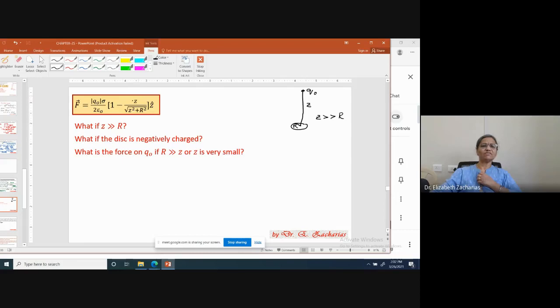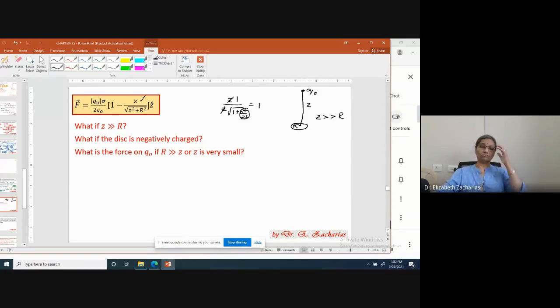Therefore, here itself you can see it will quite simply come that when z becomes much, much greater than R, I will take z out, and then under root of 1 plus R square by z square. So z and z will cancel out, so 1 by, and then what will this become? Z is much, much greater than R, therefore this term will become 0. So I will get 1.